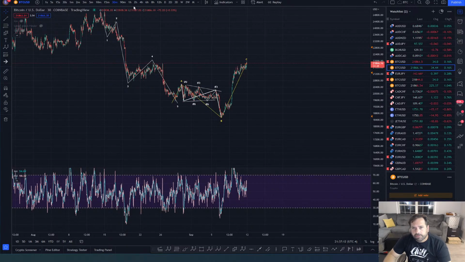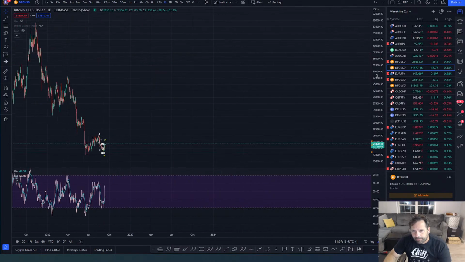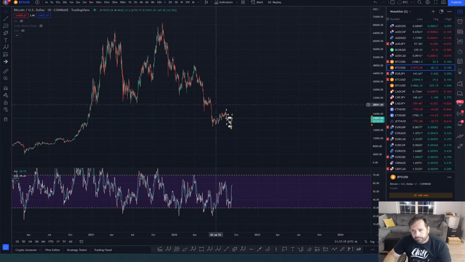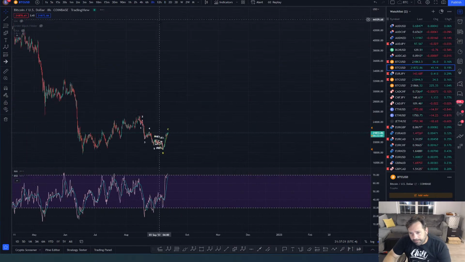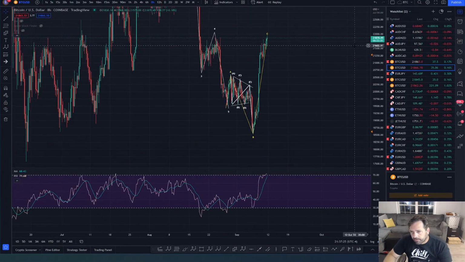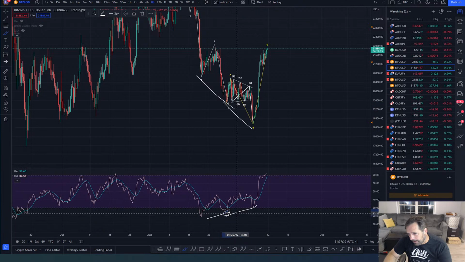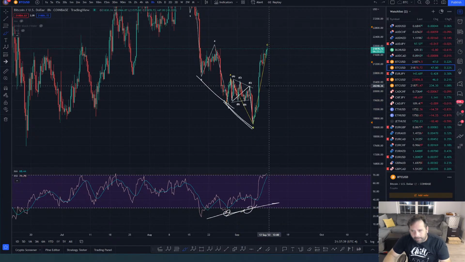So the divergence that you see on the daily chart is the divergence that you get when you get an expanded flat. The divergence that you're seeing maybe at the bottom, look at it. You've got divergence between wave 3 and wave 5 right here. Great. Then you get divergence in the expanded flat that you got right here between this wave and that wave. Okay? And that's an expanded flat. And whenever this wave finishes, and it may not be done, it may have some more to go yet.